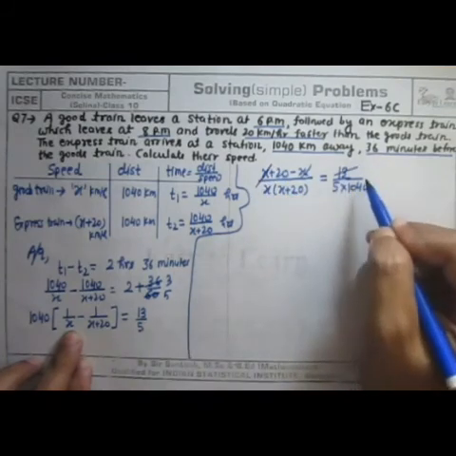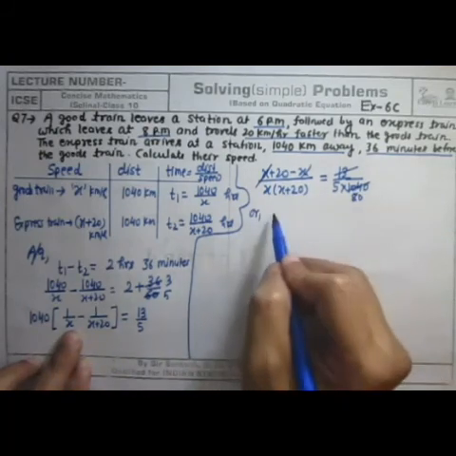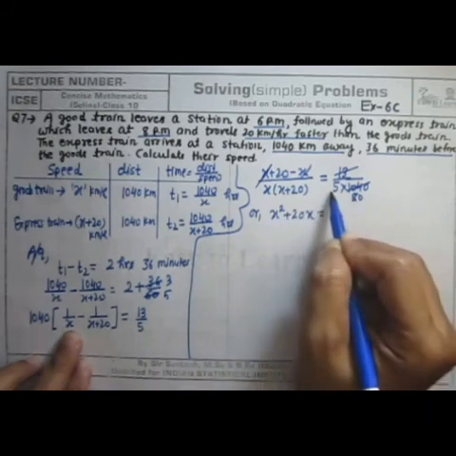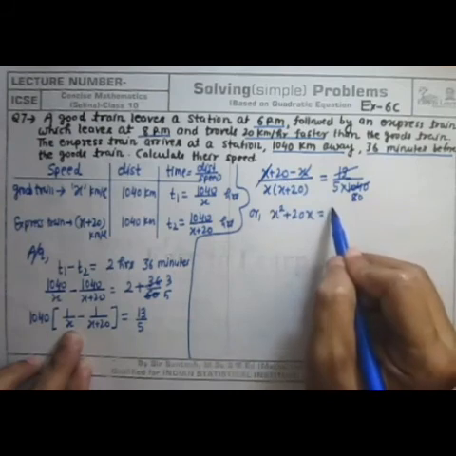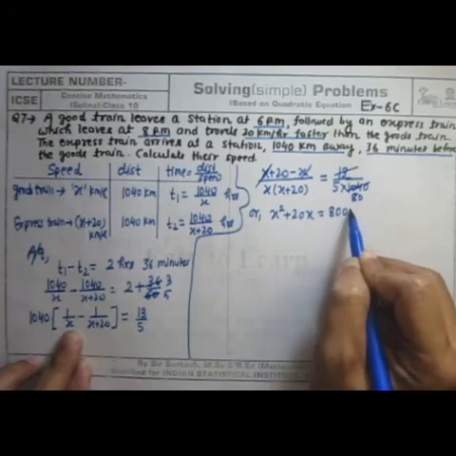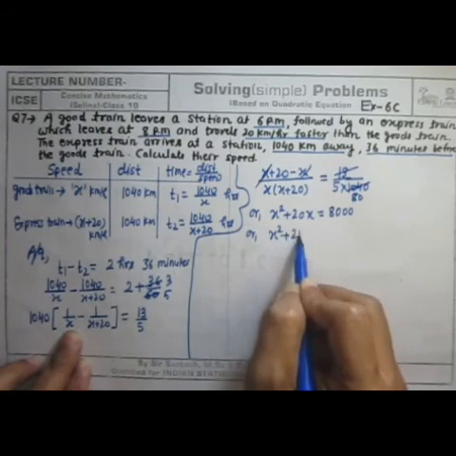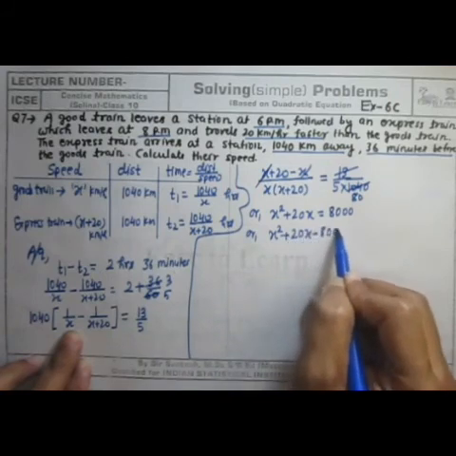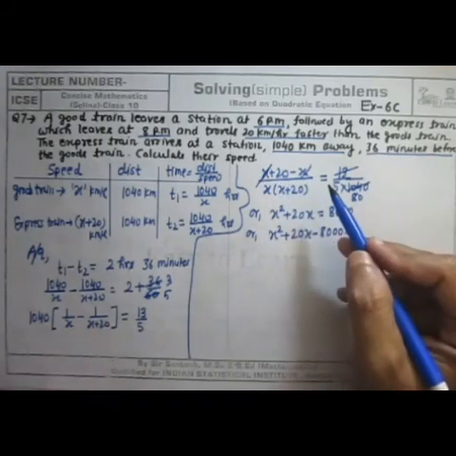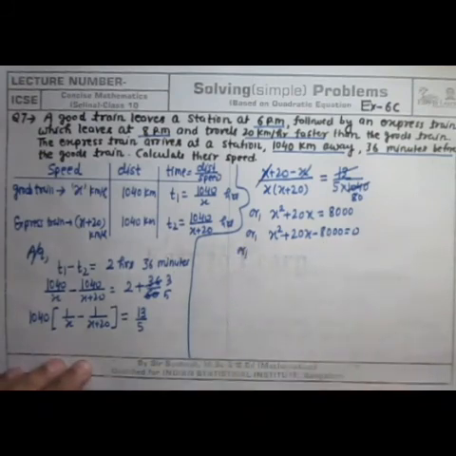Now 13, I think 8, so 80 times. Or cross multiply, x square plus 20x is equal to 400 into 20, it is 8000. Yes, 8000. So x square plus 20x minus 8000 is equal to 0. Is it correct? 80 5s are 400, 400 into 20, okay, 8000. Now after this it is your choice by which method you want to solve the question.